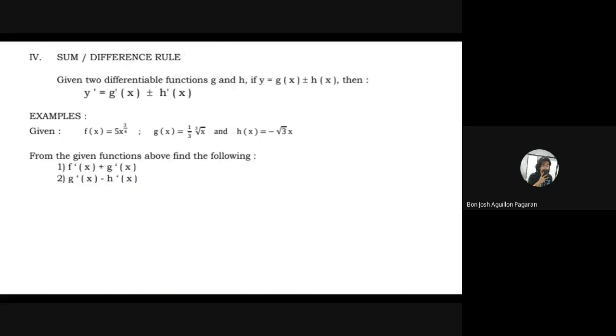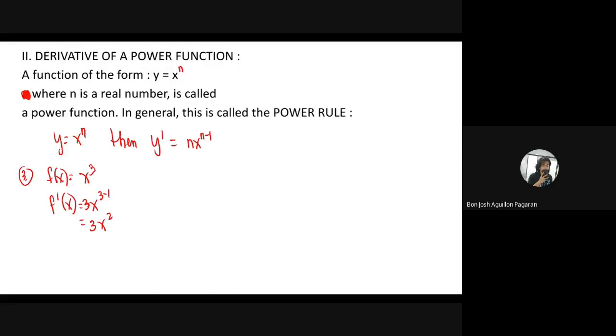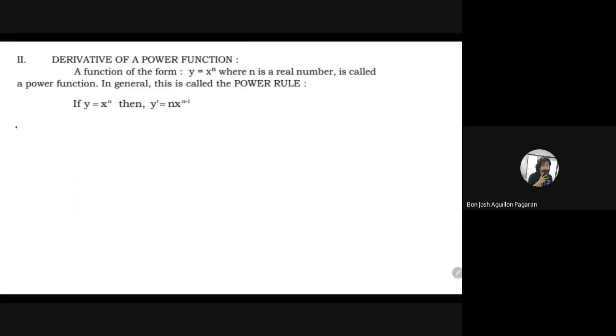Okay. We have now the sum and the difference rule. Parang nakalimutan ko yata yung sa rational. Okay. Dito yung papasok sa power rule. Balikan natin to. This is number 4. For the rational kasi,